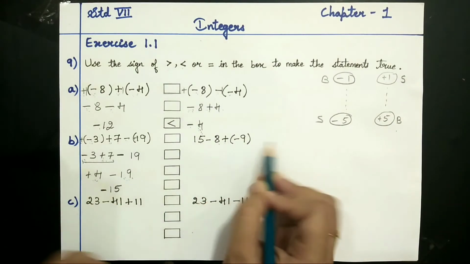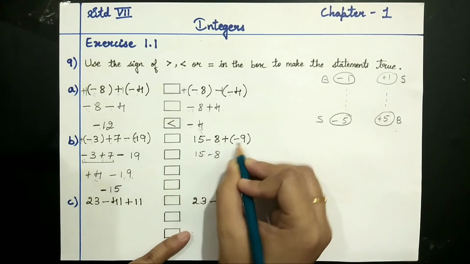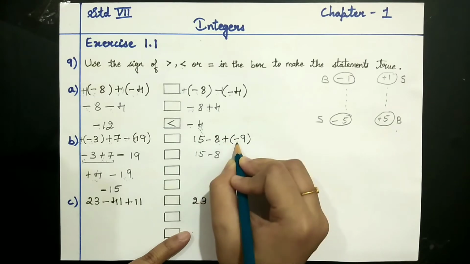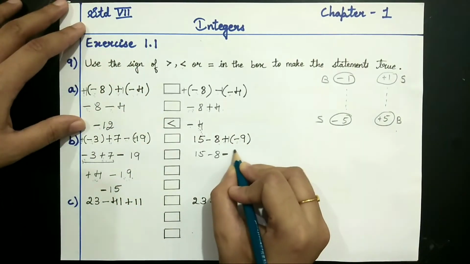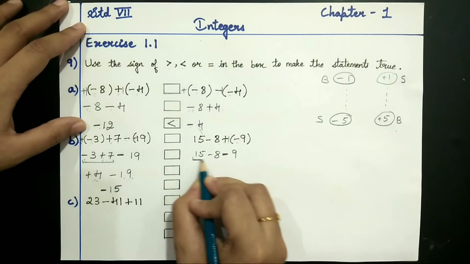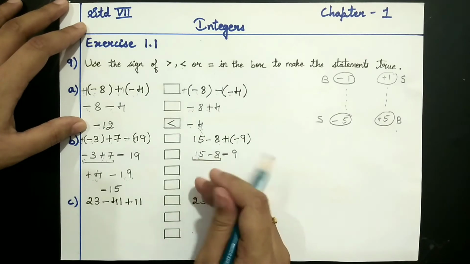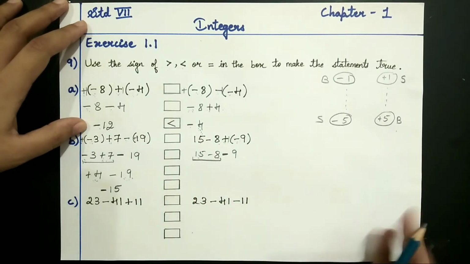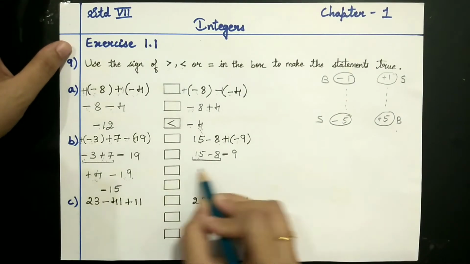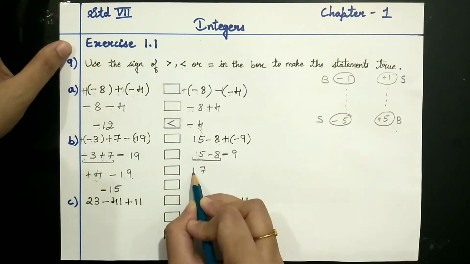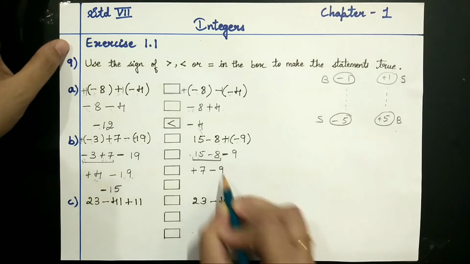15 minus 8 plus minus 9. This 15 minus 8 I will write down as it is. Let us solve the bracket first. Plus and minus, since the signs are different, what sign do you have to put? Minus sign, and 9 ones is 9. Let us take these two numbers. 15 minus 8. Okay, signs are different. If you want, you can apply the rules of addition, otherwise do normal. 15 minus 8, what's the answer? It is 7, and give the sign of the greater number, because 15 is having plus sign. Then minus 9 as it is, I will write down.